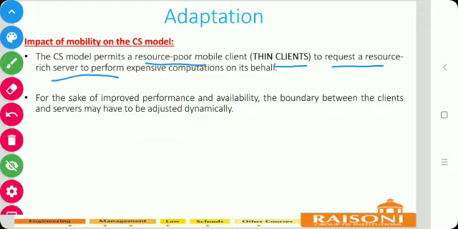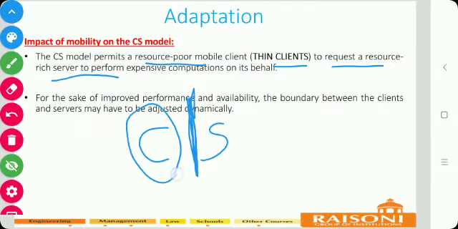For the sake of improved performance and availability, the boundary between the clients and the servers may be adjusted dynamically. So that results in the extended CS model, where the boundaries between the client and server are adjusted according to the resources. As I have told, when the resources are poor at the client side, the task which is to be performed by the client is performed by the server.